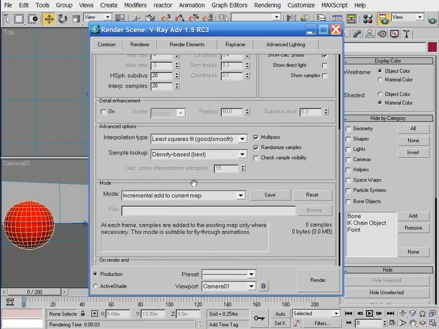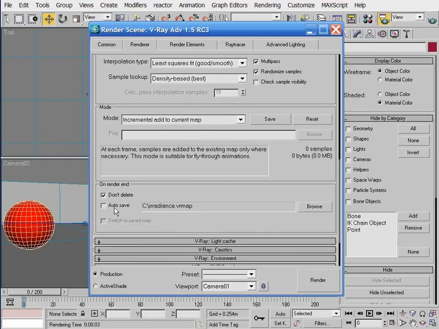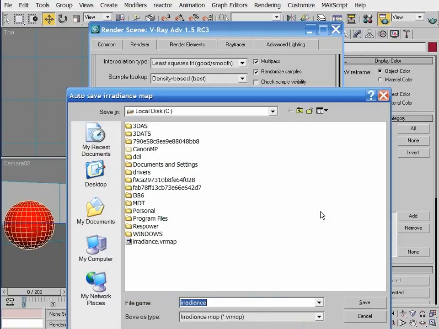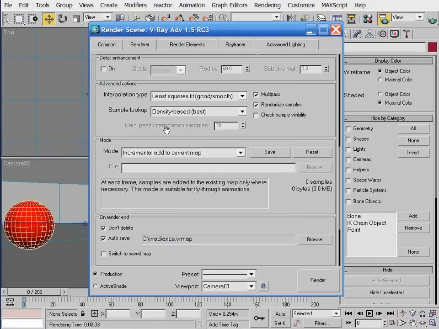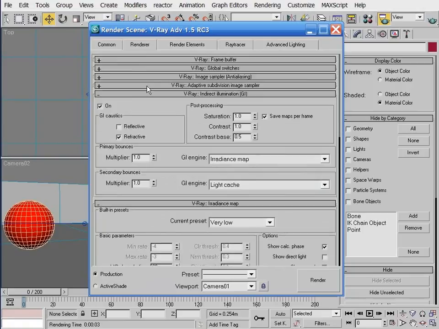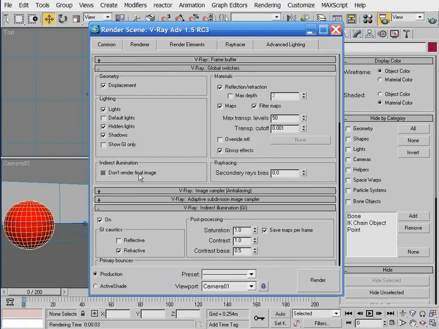Again, just like with the light cache, I always want to make sure that I use the autosave option. So I'll click Browse, I'll give a file name and a save location, and now I don't have to worry about losing the irradiance map once it's finished calculating. In the global switches rollout, I want to leave the don't render final image option enabled,